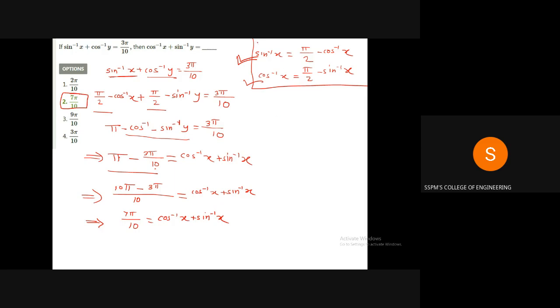So the two identities that you have to remember are here. Sin inverse x is equal to pi by 2 minus cos inverse x. And cos inverse x is equal to pi by 2 minus sin inverse x. Okay. Next question is